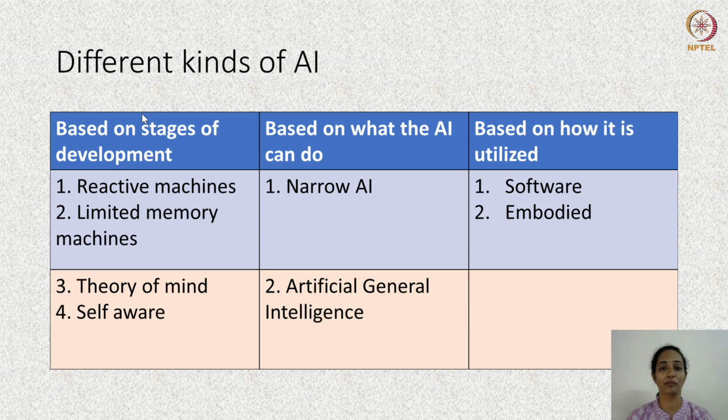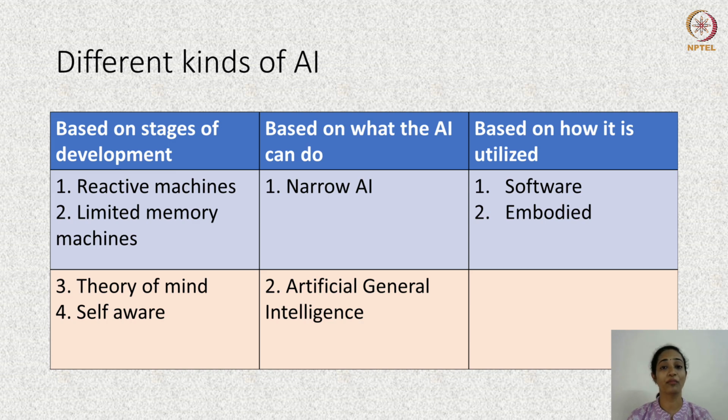Reactive machines and limited memory machines are practical and very much in use today. The next two categories of artificial intelligence, theory of mind and self-aware AI, are only theoretical. We have our researchers working on developing them right now. So what is theory of mind? The theory of mind mimics the human mind but is limited by its incapacity to understand or process human emotions. Yes, there are a few artificial intelligence agents which are capable of recognizing and mimicking human emotions, but they are very limited. Next comes self-aware AI.